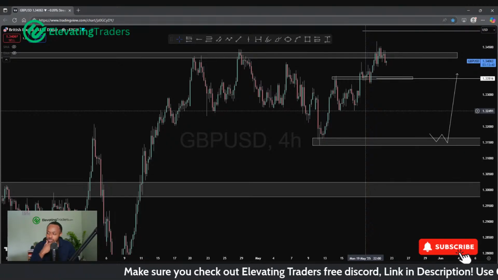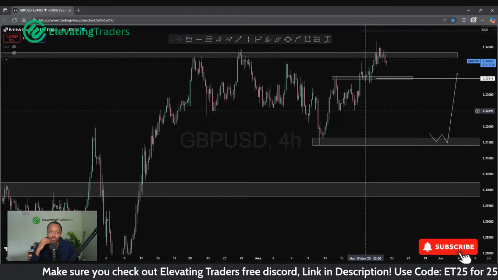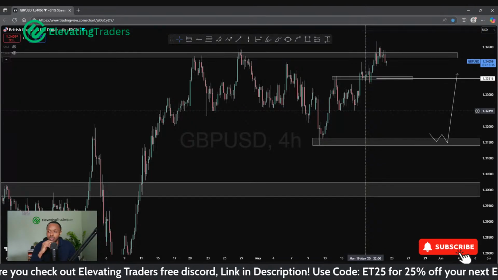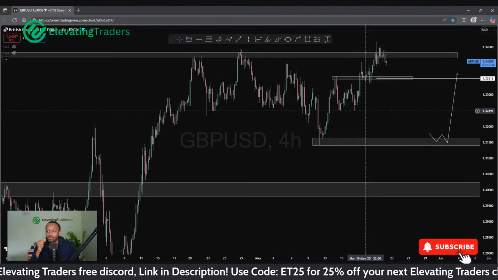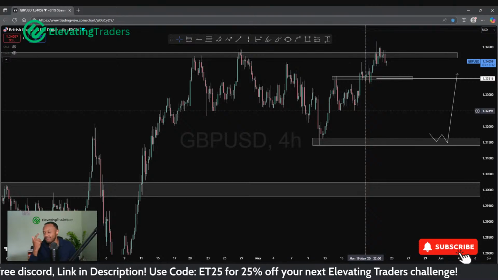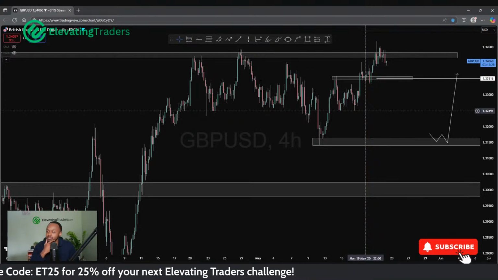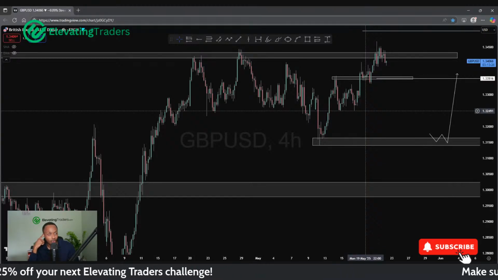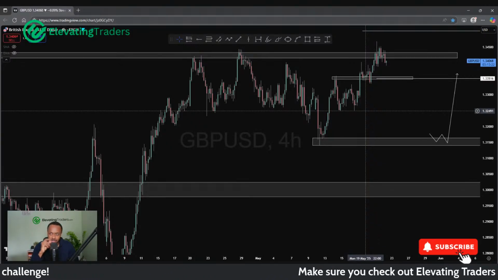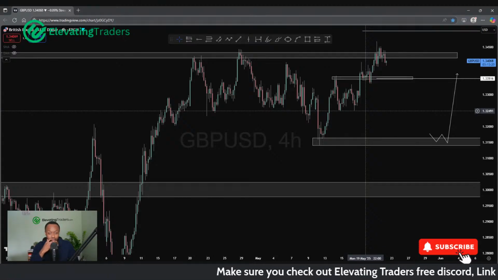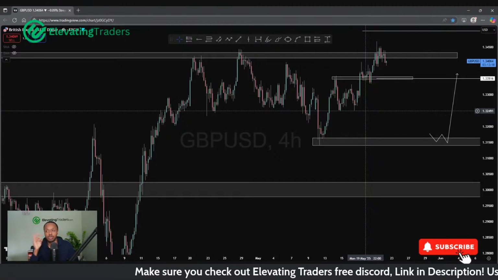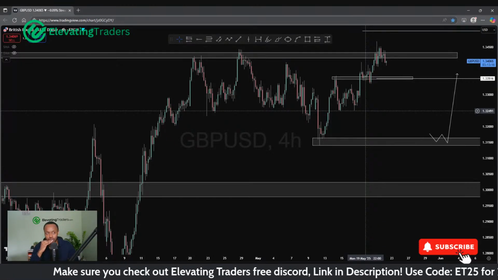CAD's not really a pair which I pay overly too much attention to. The main pairs where I try and get a bias would be USD, Yen, maybe sometimes CHF. Those pairs are normally what I have a bias on most of the time. Sometimes I will pay a bit more attention to Aussie and NZD, maybe sometimes Euro and Pound, of course, sometimes CAD. But those three are the main ones I look to.